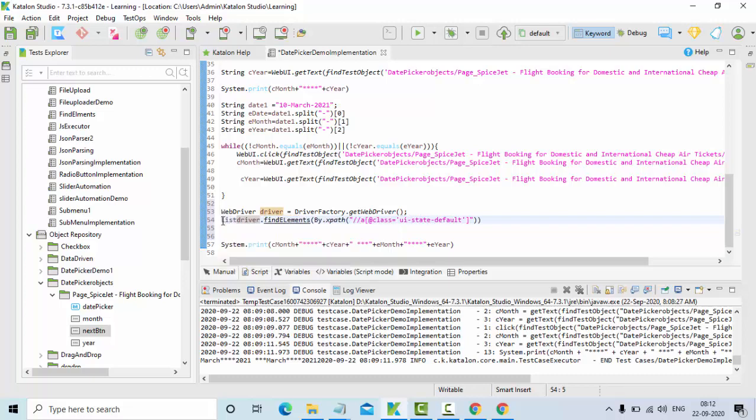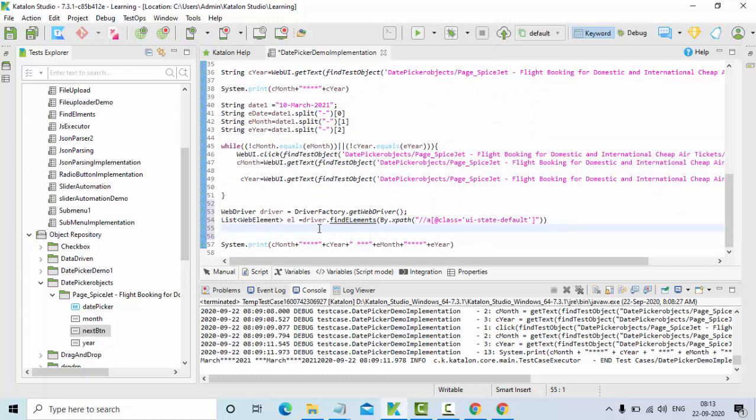So a list of web element, let me give it as el here. Let me try to import this WebElement as well. No need, let's see.